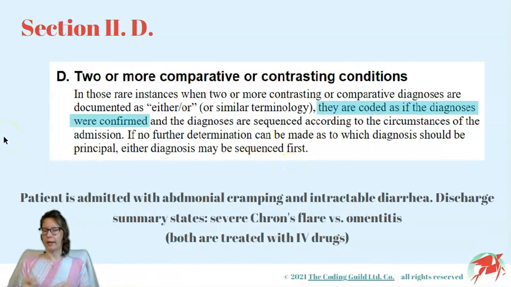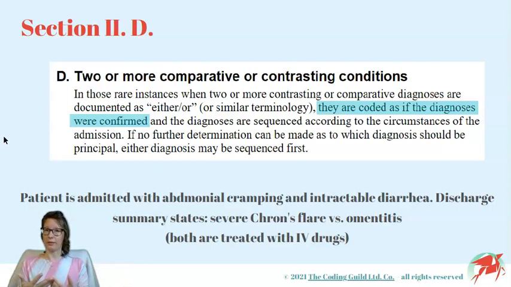So if no final diagnosis is established by the provider and we only have working diagnoses as our discharge statement, then both conditions will have to be coded for. This happens in the acute inpatient setting because while the patient is being worked up or treated for a suspected condition, the resources, the room time, the drugs, the contrast used, and nursing time are already used up.